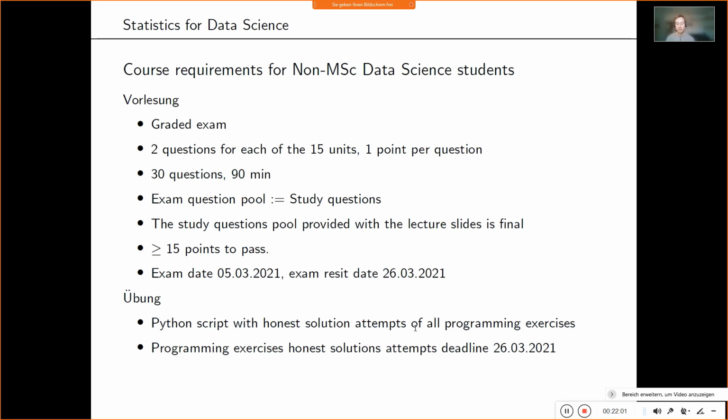So basically, if you want to perform well in this course, you need to study everything, or the other people can maybe try to study half of it and be lucky that that gives them 1 point out of each unit. You need to, for active participation, submit all programming exercises as well as the data science students, also by 26th of March, but you will not present something in class.